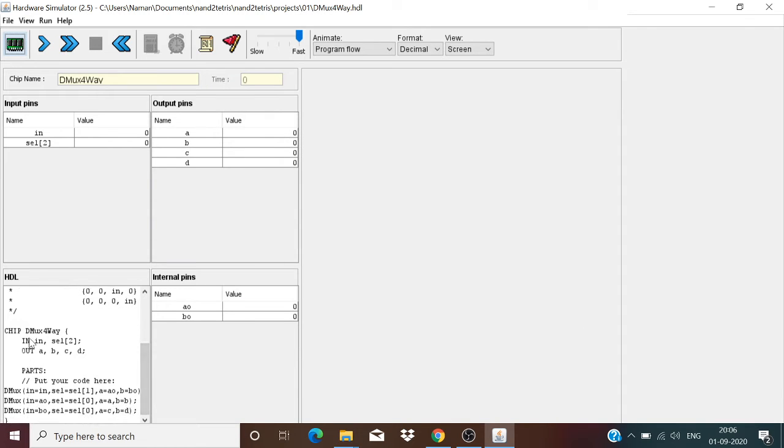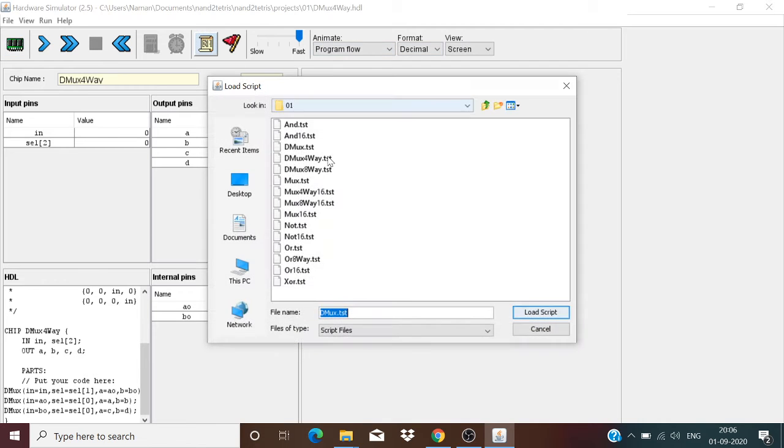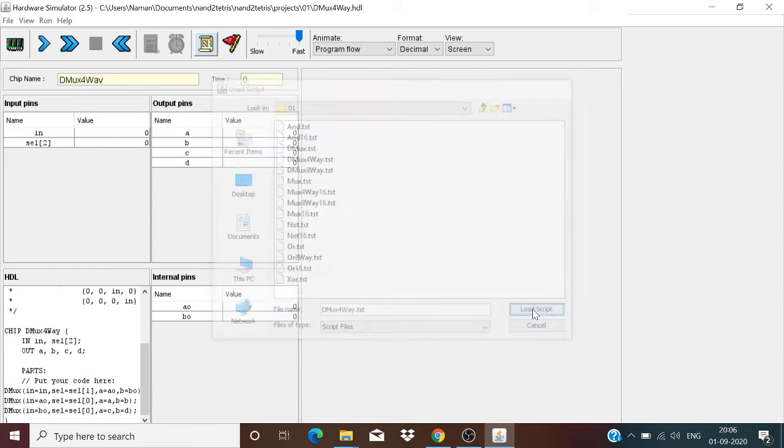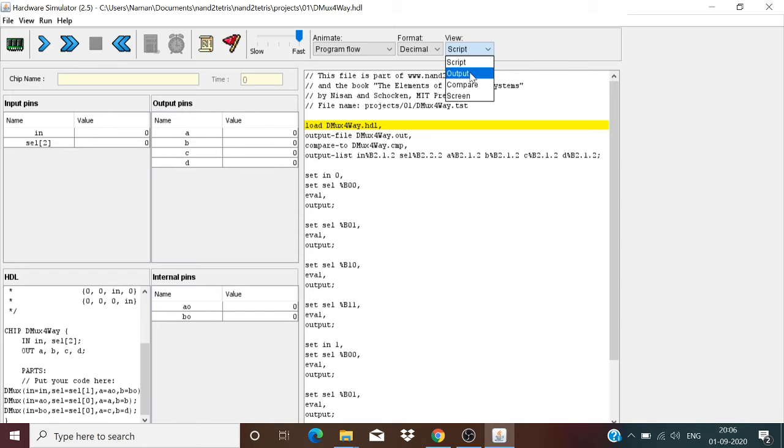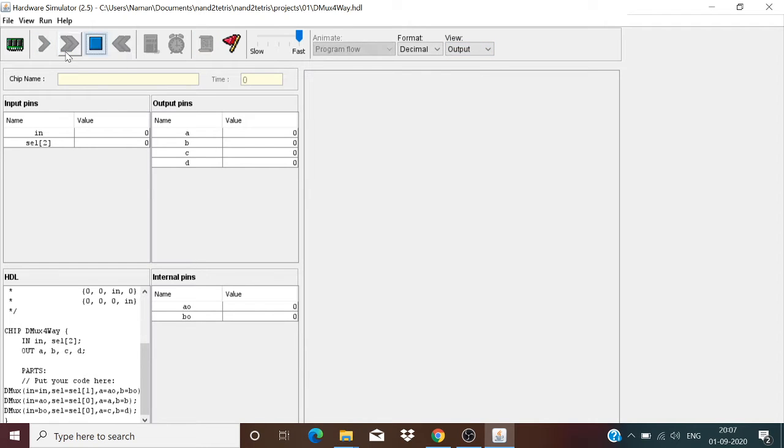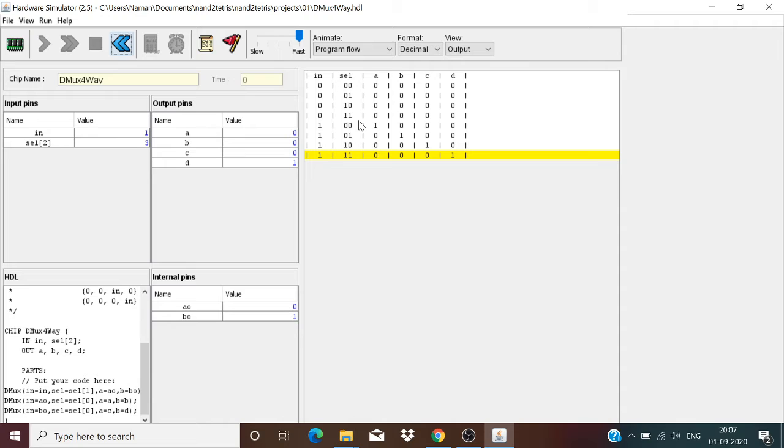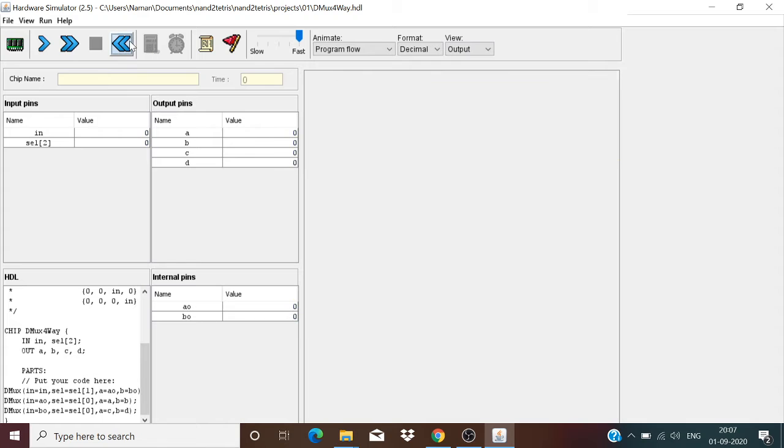Here we have two selection lines and thus 4 output lines. And after it is 1, we have the correct inputs coming in alternatively once, and thus we are sure.